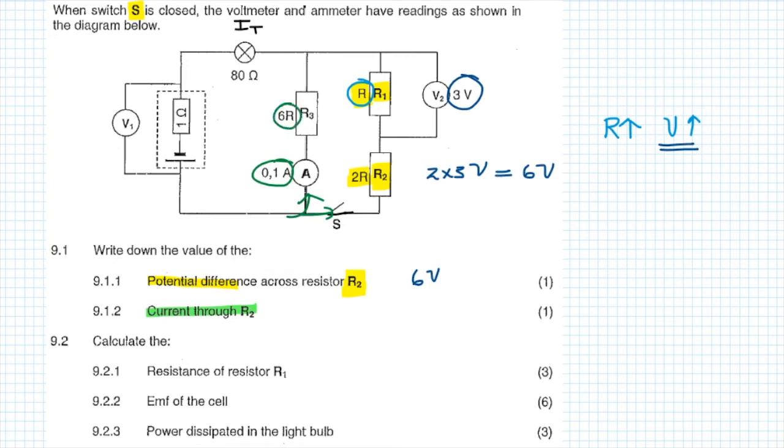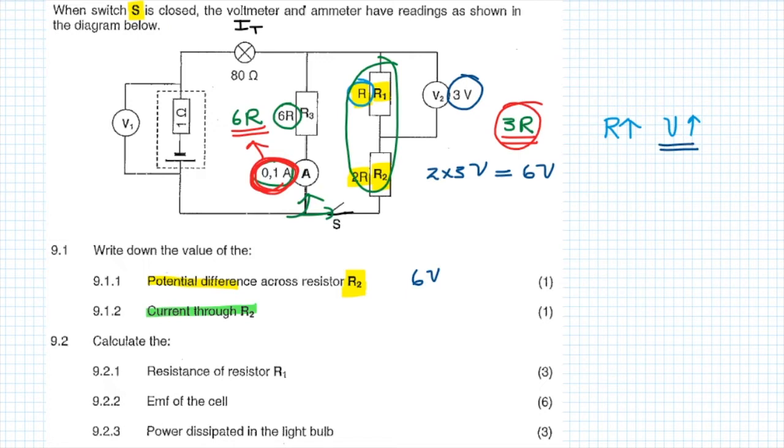We have that the total resistance in this part of the circuit is 6R. The total resistance over here is going to equal 3R because R plus 2R is 3R. Remember that in parallel, we're going to have a higher current reading where the resistance is lower. So if the resistance here is 6R and here it is 3R, and 0.1 amperes flows through the 6R resistance, then we know that twice the current is going to flow through the 3R resistance because current takes the path